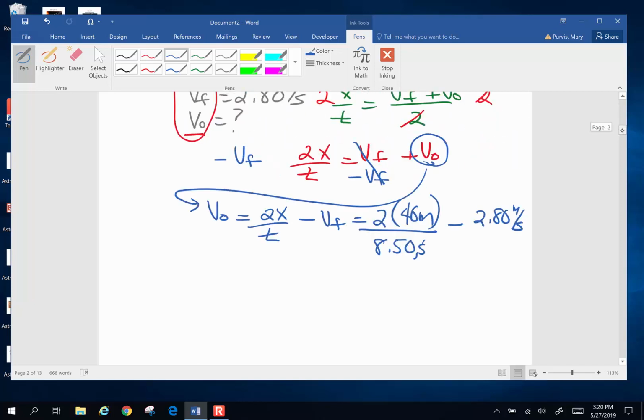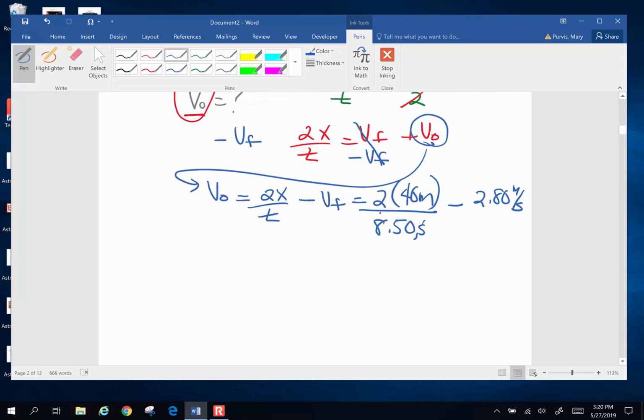I am going to go ahead and get an answer for the left-hand side, and that's going to be 2 times 40 divided by 8.5. So all of this will end up being 9.41 when I carry this out to 3 significant figures,